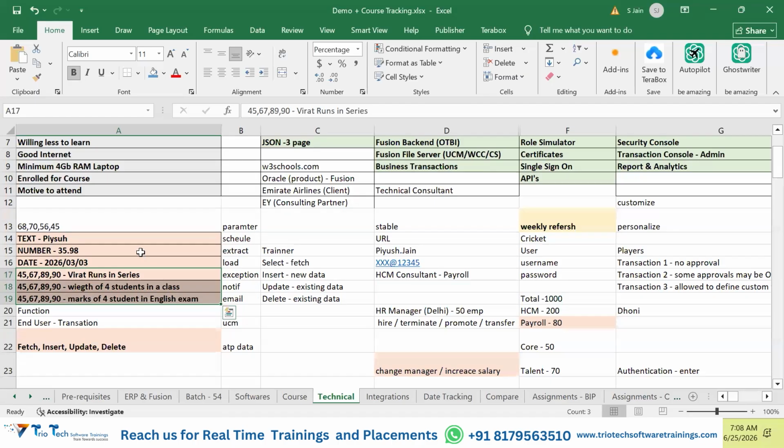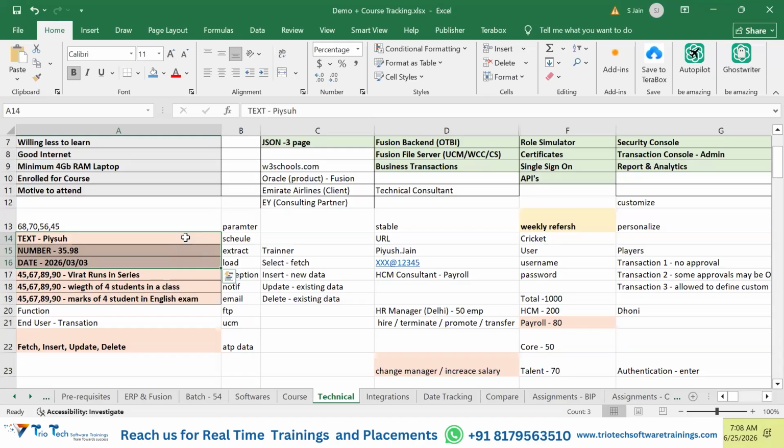So guys, that is the main difference between data and information, and how the data can be represented. What are the different kinds of data types available in the context of Fusion? We have only three kinds of data types. Text means text; no single quote or double quote is required. Number: numeric, float, double, everything will be accommodated into the number data type. It will only accept a single decimal point.